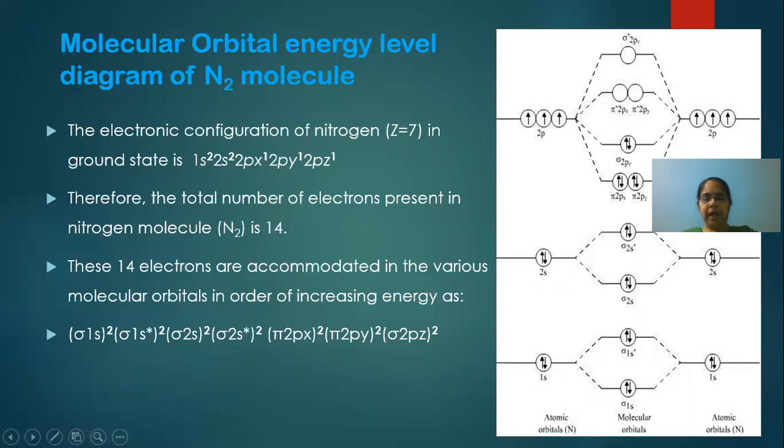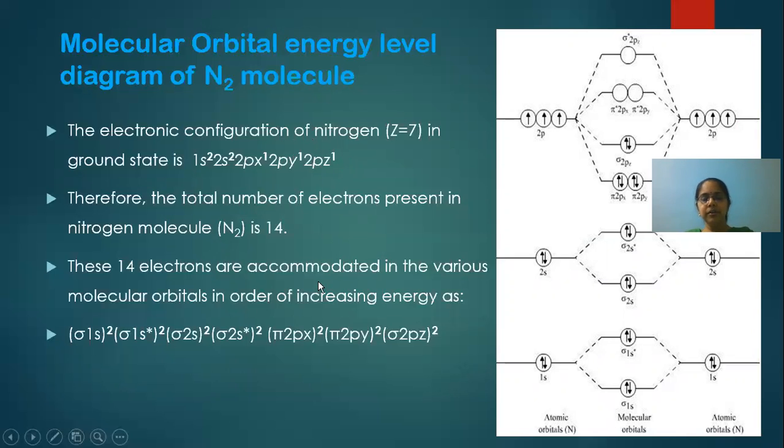So two nitrogen atoms combine with each other and produce a nitrogen molecule. As each nitrogen has 7 electrons, the total number of electrons present in the nitrogen molecule is 14. So we have to distribute 14 electrons in the molecular orbitals. Now, as nitrogen is one of the elements which contain less than 3 electrons in the p orbital, this molecule shows sp mixing. That means sp mixing is prominent in this nitrogen molecule.